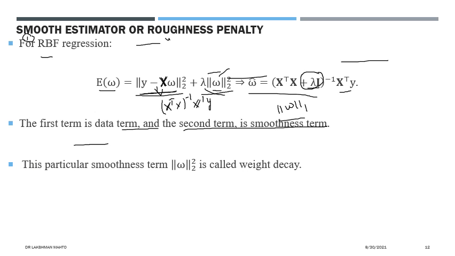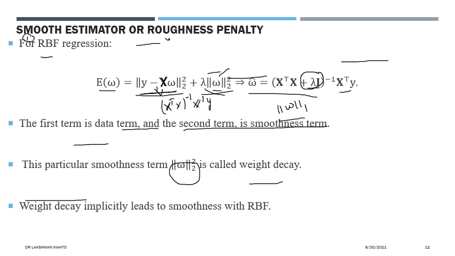So this particular smoothness term, the square of the L2 norm of omega, we can call weight decay, because I had told you that another name for the parameter is weight. So there is a decay in weight, because it tends to make the weights smaller. The word decay is used because we are always minimizing, and this term is involved in the error term. So the intention is that we always try to minimize, and that's where the weights get smaller and smaller.